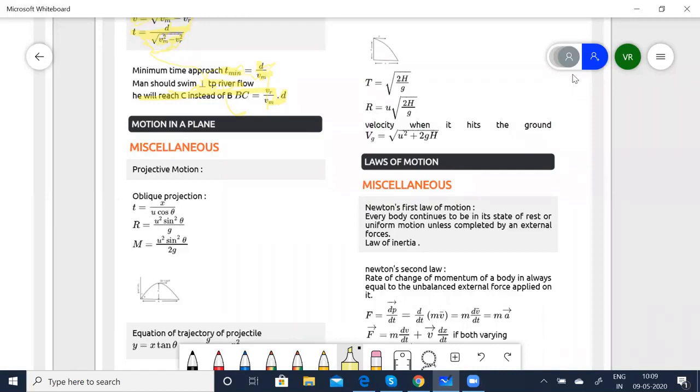Okay. So generally, what are we going to cover in motion in a plane? When I say motion in a plane, it is more like the plane is going to be in space. It is going to have all 3 components, that is the I, J, and K components if it is a vector, or X, Y, and Z axes when it is a coordinate. Okay. That means it is going to have X, Y, and Z coordinates.